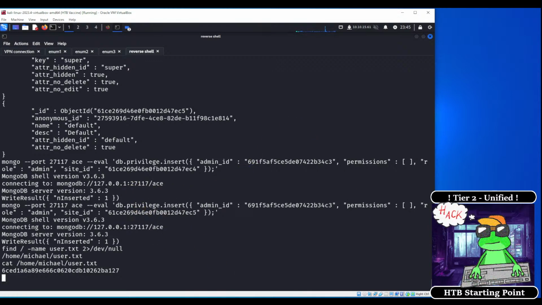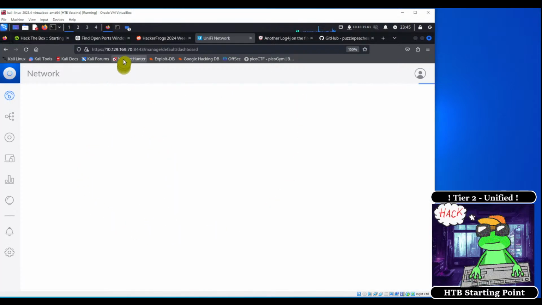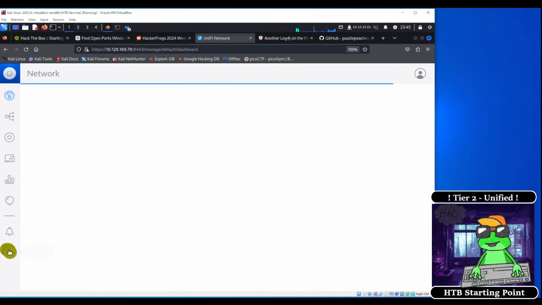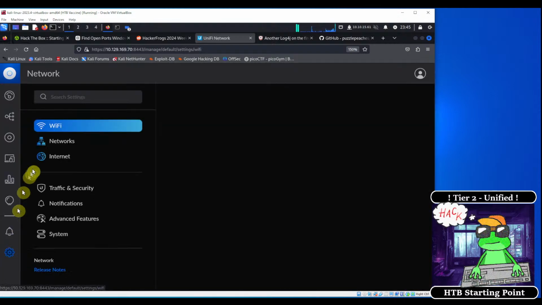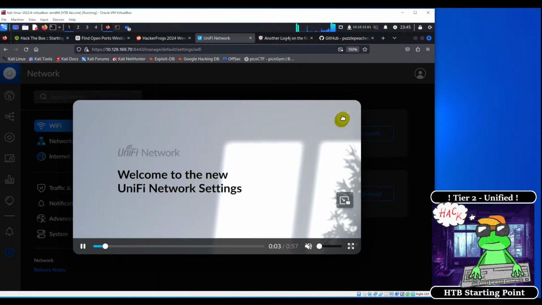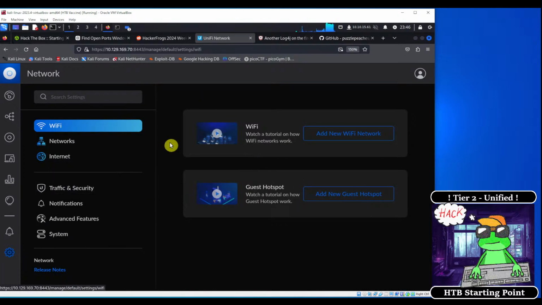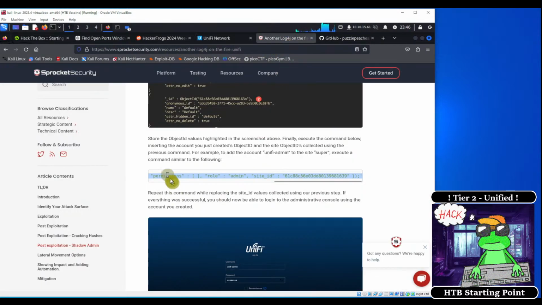Okay? So let's go back to the Unify web app. It says default dashboard. I'm going to click on settings over here, and it's going to play a little movie, and I don't want to see this, so I'm going to X out of it. All right, so over at the blog,